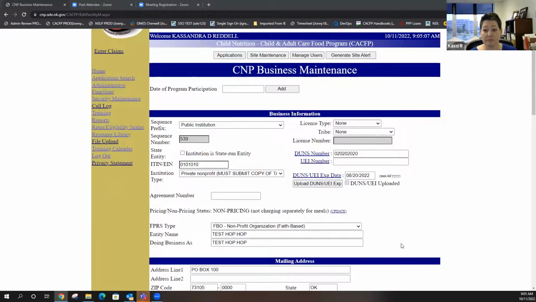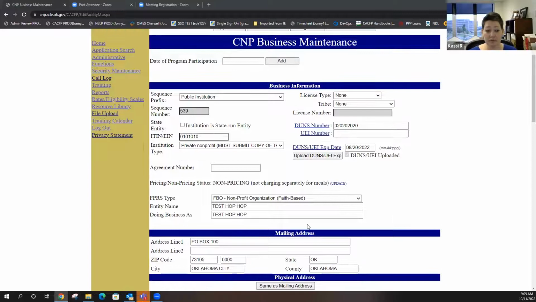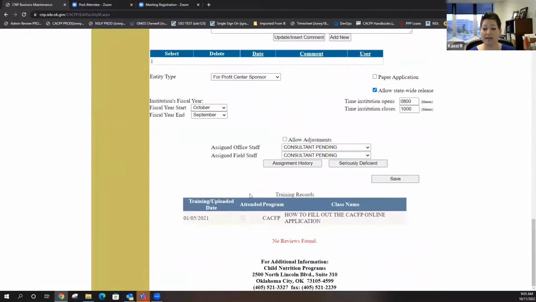First off, on this business maintenance page, a lot of the stuff on this page you can't change, at least not in this business information section, and it should all be right. But if you see anything that doesn't seem right, contact your person. Your person, I'll say that a lot today, is down here.